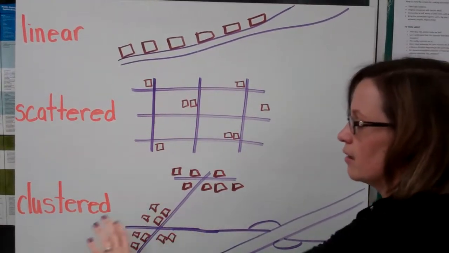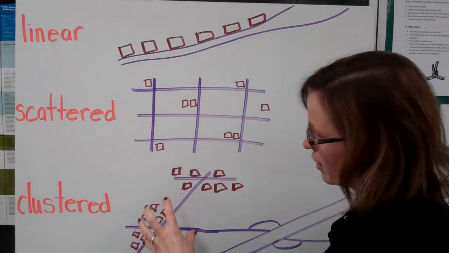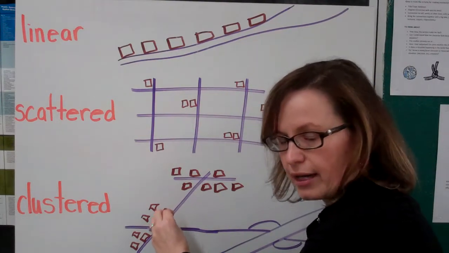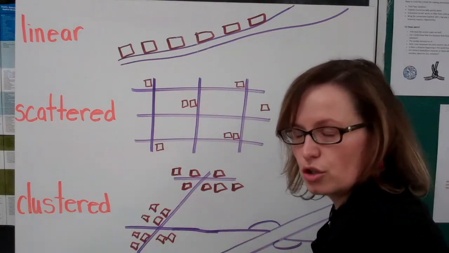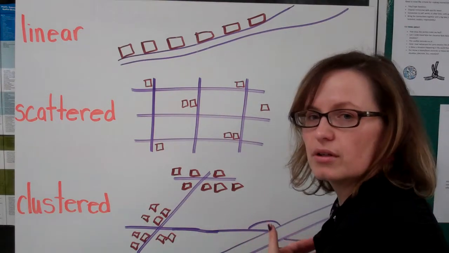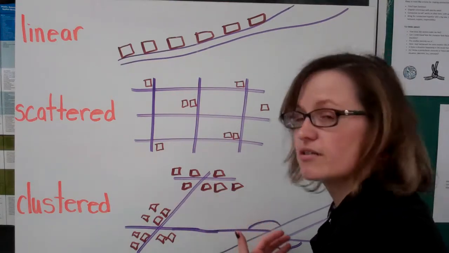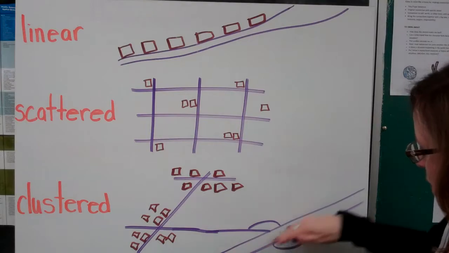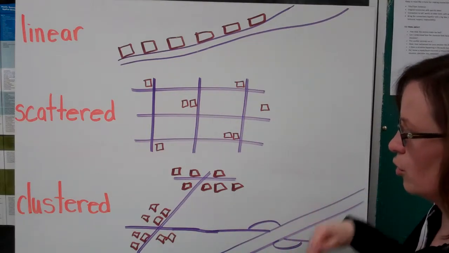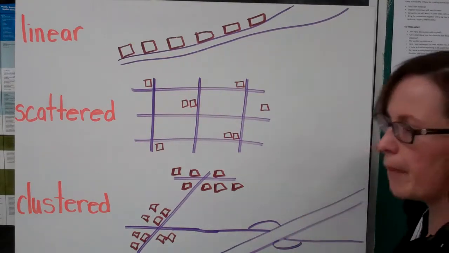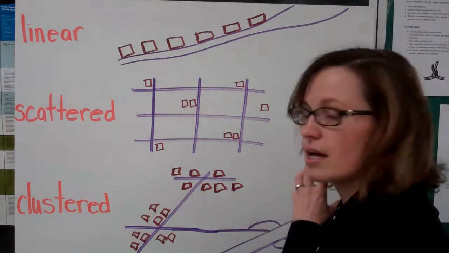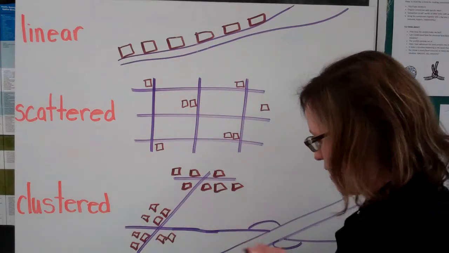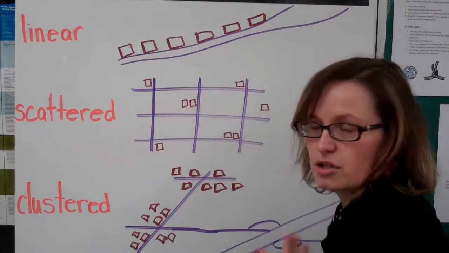Clustered. A clustered settlement pattern is when a community develops around a certain area, usually in relation to a human function or a source of their income. So for example, these have clustered around where they have access to a major highway, which might lead to an urban area or might lead to a mine, or it's leading to something that supports their economy. So they've clustered in these areas where they have access to this source of wealth.